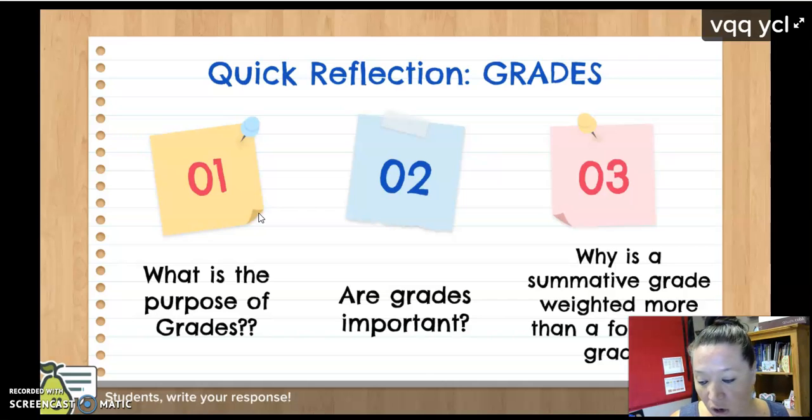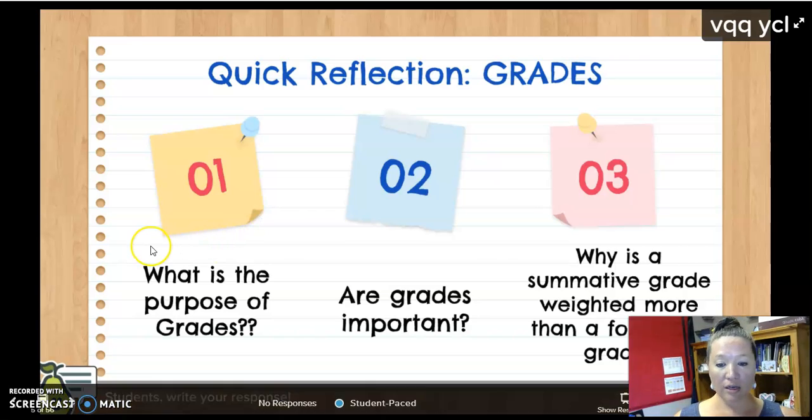And then we had another comment here. Sorry, I'm shuffling around papers. We had another comment that number 1, Mr. Harris said, the purpose of grades is to inform students and parents of progress. And yes, we want to make sure that parents are in the loop, that we're informing everybody of the progress of the students, how they're doing in the class, and whether or not they're learning the material that we need them to learn. Okay, so let's move on.